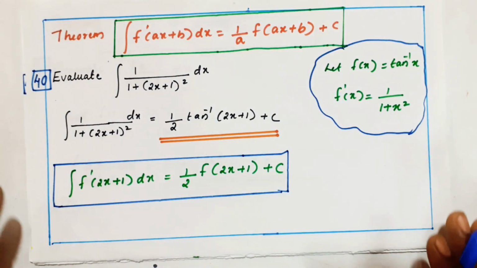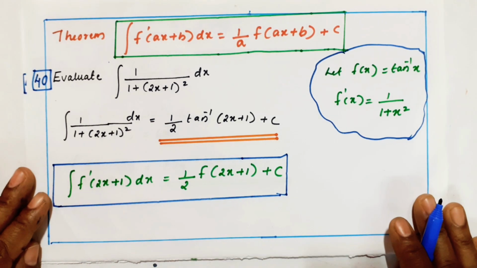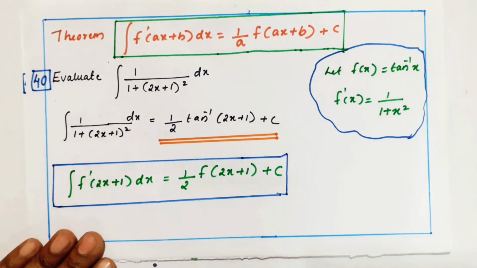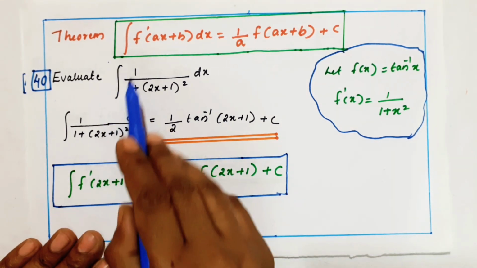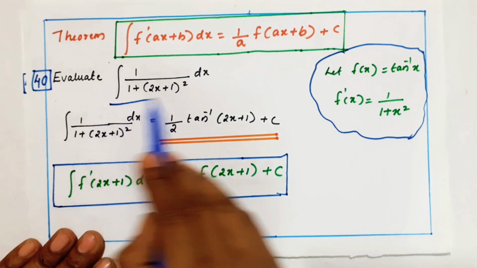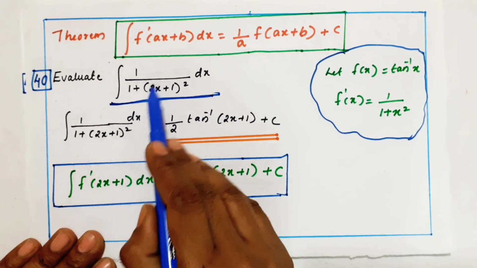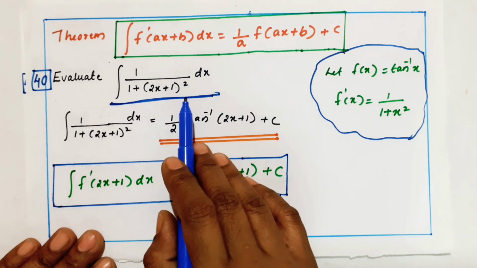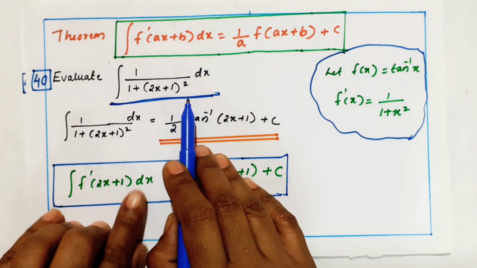Now I am going to give some few basic rules. If you know this, it's like a shortcut. So first I'll do the question. Integral of 1 by 1 plus, this is your question, 1 plus (2x + 1) the whole square dx. So what I am telling is this question is in the form of a basic equation. So directly there is a shortcut.